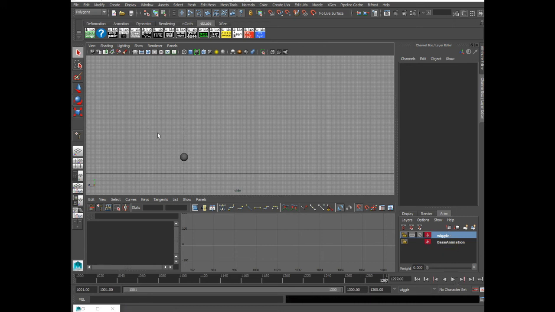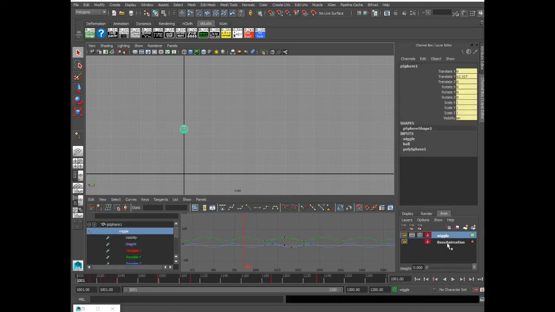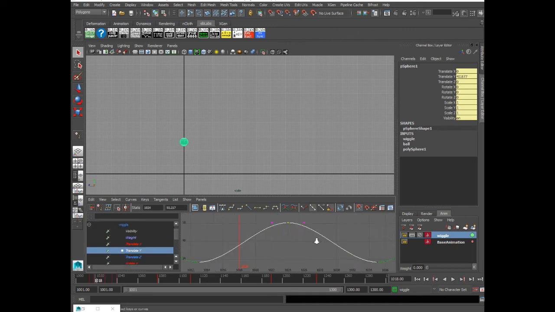Basically this can be very, very handy, as I said before. We could have a flying cycle, and then it moves into a bit of a gliding cycle, and you can key these on and off, so the animator doesn't have to start from scratch and hand key all of these transitions. They can quickly work this stuff out, and you can make changes as much as you like. You can adjust the weight, you can adjust when you key it on and off, and you can adjust either of the underlying cycles. You can see how simple these underlying cycles are and how quick and easy it is to change them